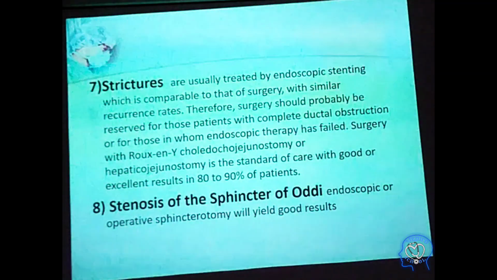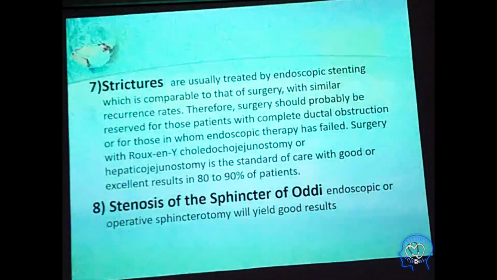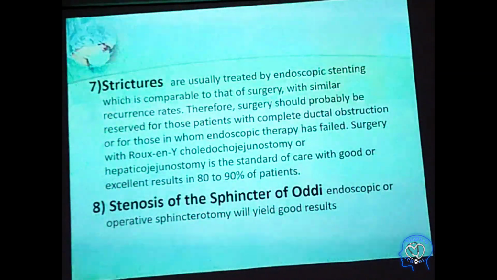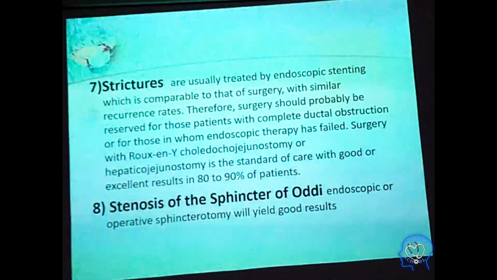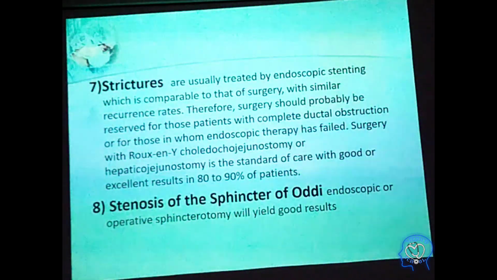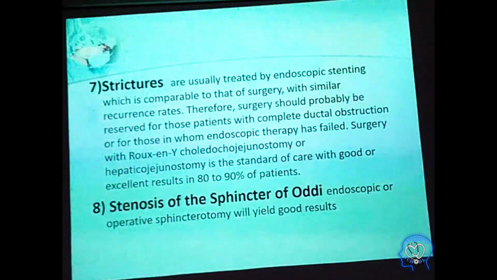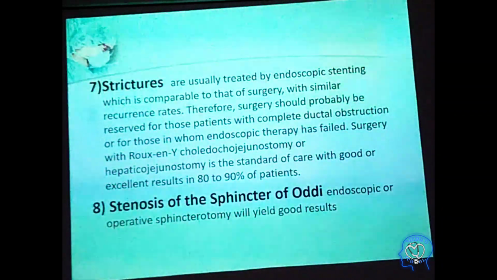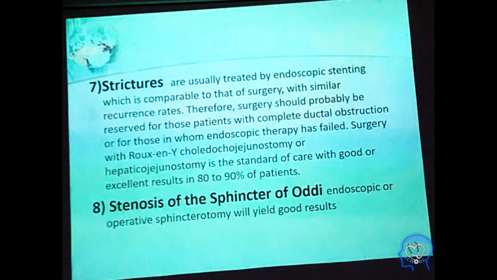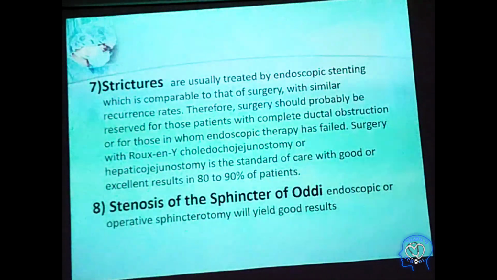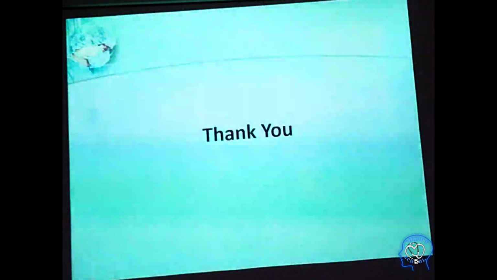If there are strictures present either due to surgery or the patient is having a congenital stricture, then first we will do ERCP and stenting. If that ERCP has failed, then we have to proceed with Roux-en-Y hepaticojejunostomy. Hepaticojejunostomy is the gold standard for biliary strictures. And again, stenosis of the sphincter of Oddi, we have to do ERCP and